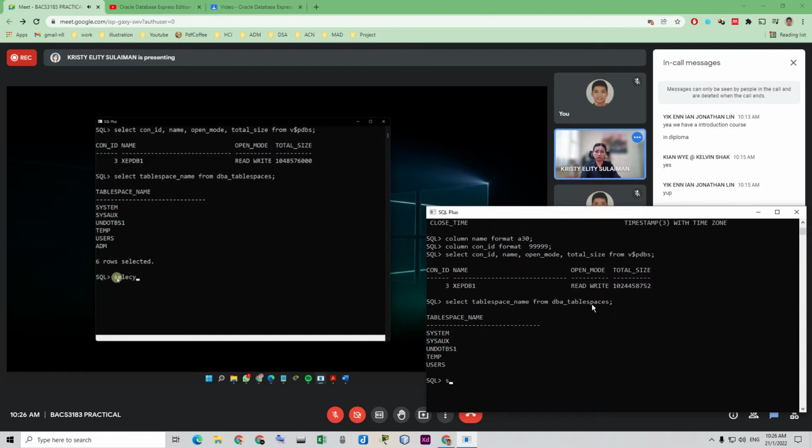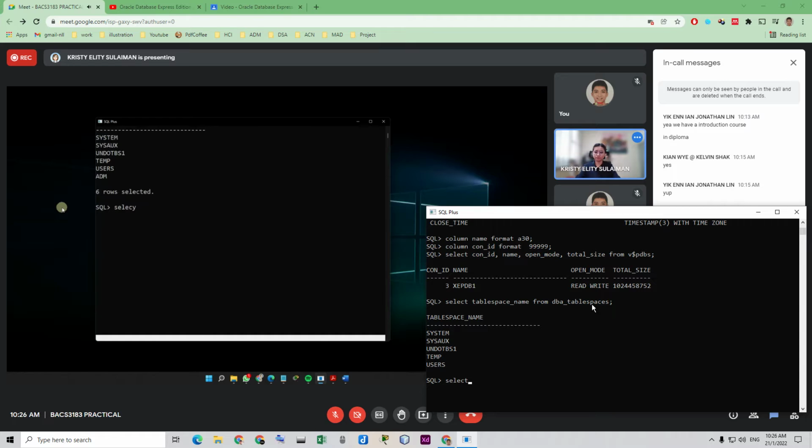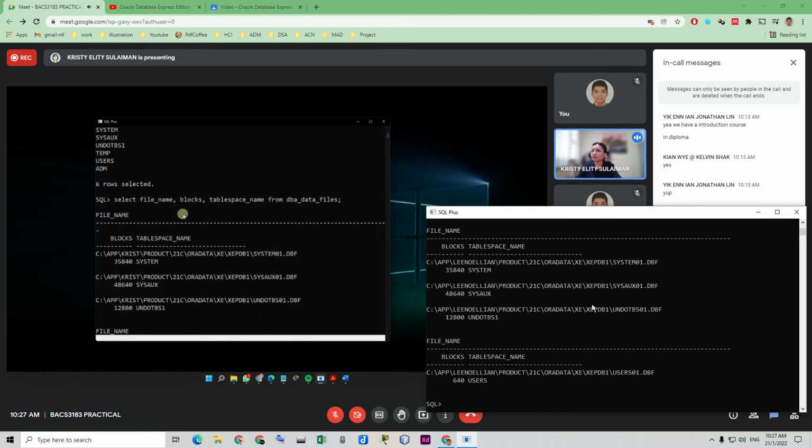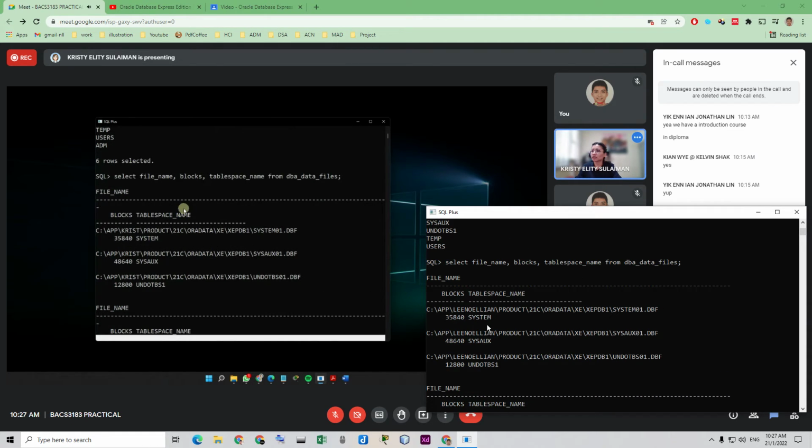Select file_name, blocks, from the table. Press enter, and you will see all the file names that you have from this DBA_data_files.